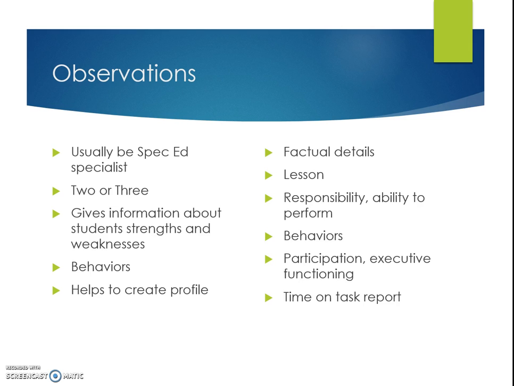Observations. Observations are usually done by a special education specialist. They usually do 2 to 3 of these observations, with 3 being the optimal choice. This gives information about a student's strengths and weaknesses, both behaviorally and academically, and helps to create the profile for the multidisciplinary team process. The observations should be factual,